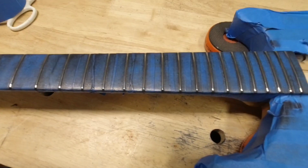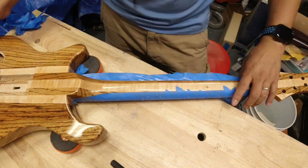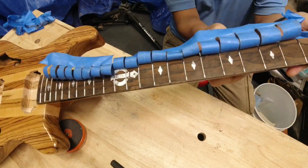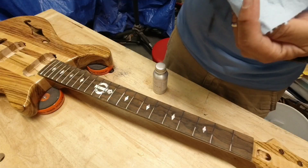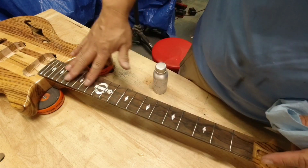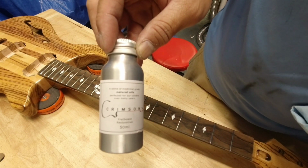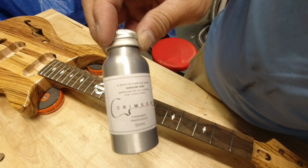If you first place the tape on the sides and then onto the fretboard, then when taking off the tape it can be much easier. Okay, so I've got the masking tape off and the fretboard's looking a little dry. So what we're going to do is use some of this, which is the Crimson Guitar Fretboard Restorative. It's got some natural oils in it to really help